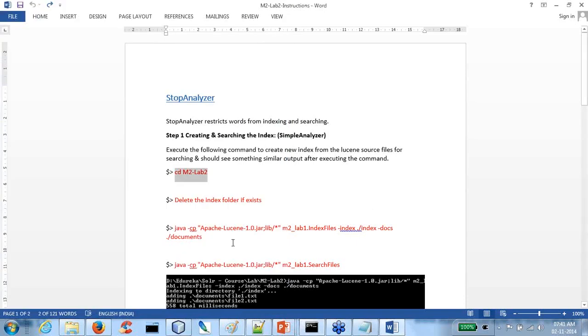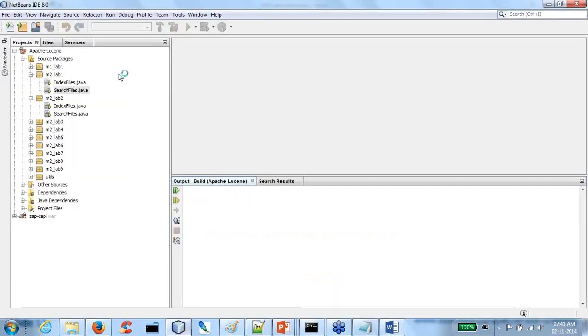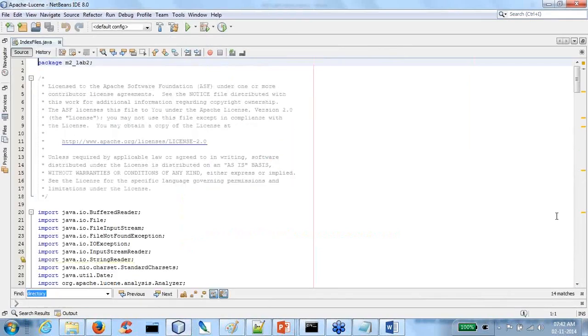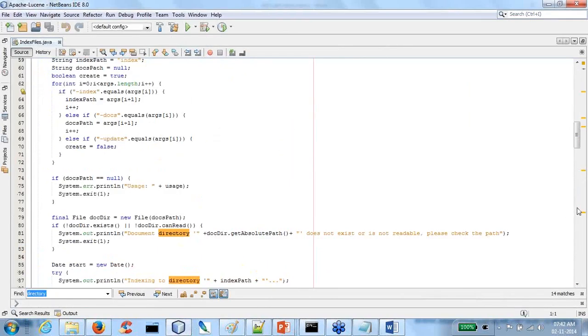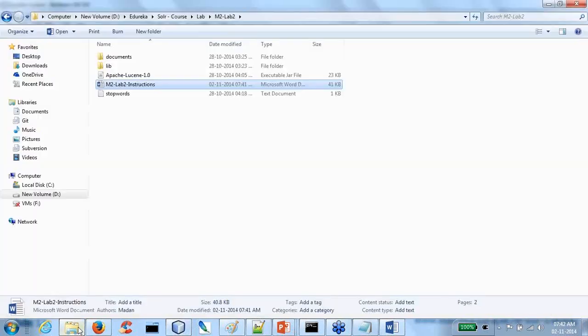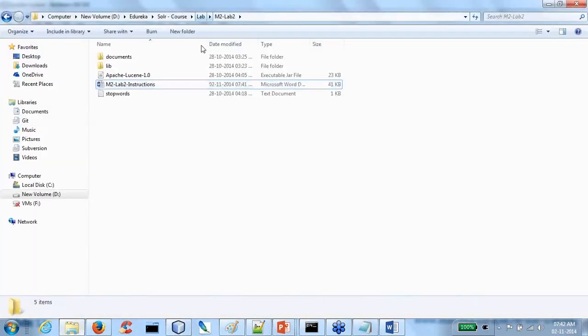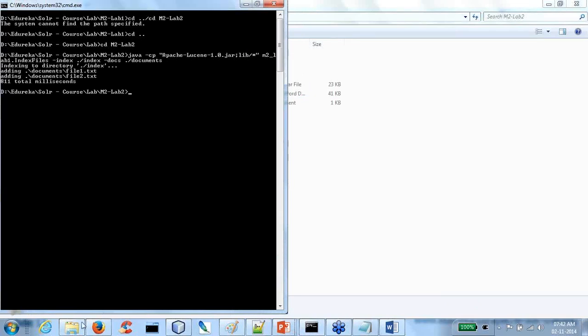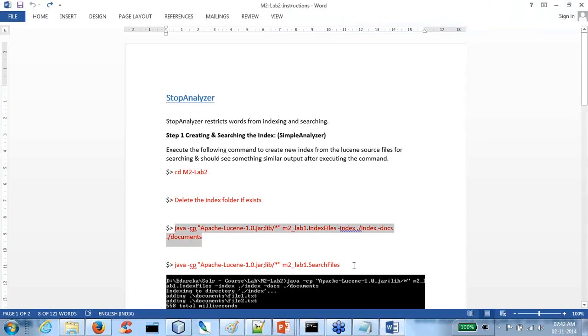Okay, so let's first go ahead and recreate the index. Let me see if I'm deleting it every time so that I don't have to do that over and over again. Okay, maybe not. Let me just run the index. Yes, it has been created. And now let me do some search using the same SimpleAnalyzer